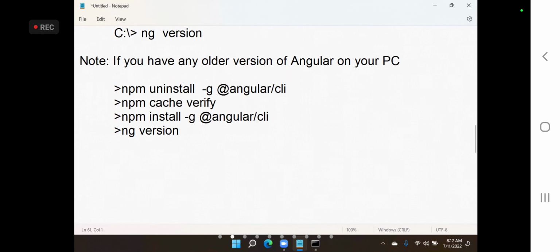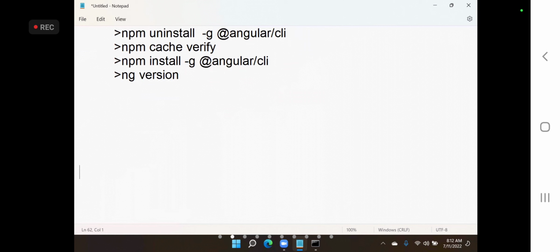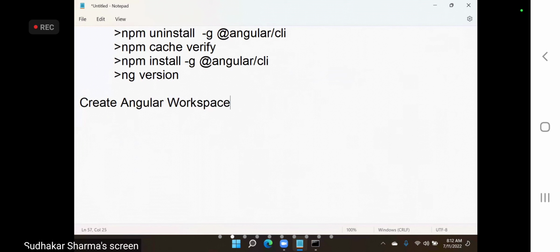Okay. Now once you have installed Angular, the next step is to create an Angular workspace. You have to create an Angular workspace. Now our environment will be a little different. So that is the reason you should completely follow what we are doing in class, not half YouTube, half my class. It will not match, right? So either you follow YouTube or you follow my class.